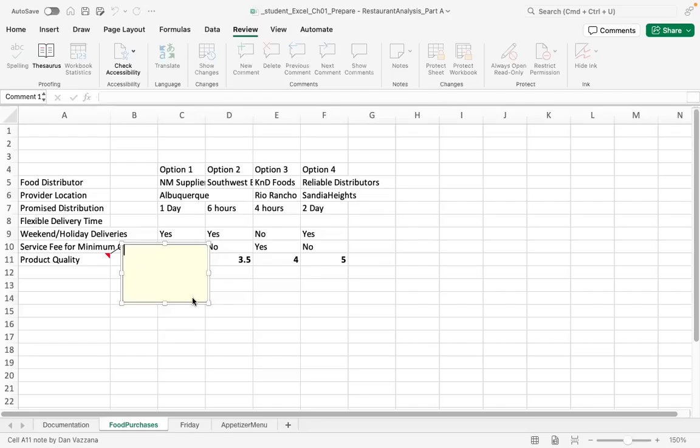We're going to add our own note. Our note is going to be consumer rating based on a scale of 1 to 5. If you're using the Microsoft Excel MyLab Grader project, do make sure, depending on the preferences of the professor, that you type things exactly the way in which you're asked to in the assignment. If no tolerance is set, then you have to get everything perfectly correct. So capital C in consumer, space, consumer, space, rating,